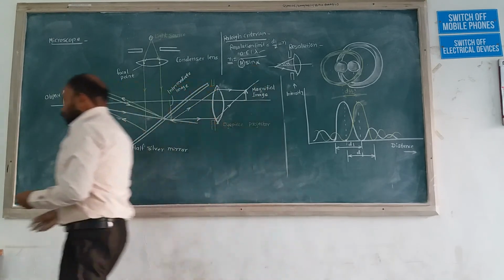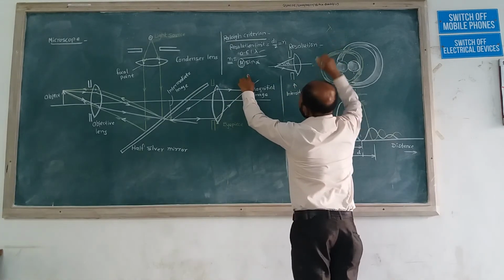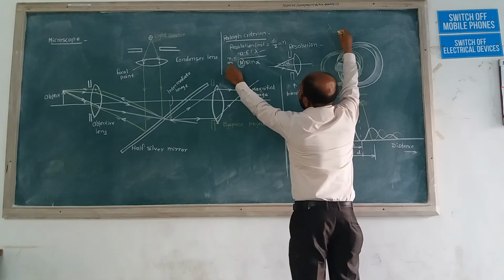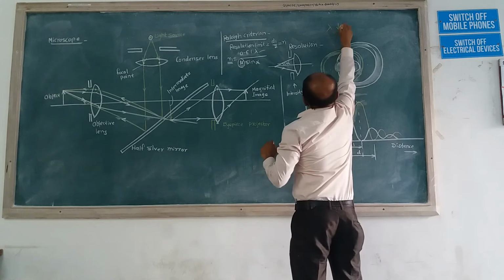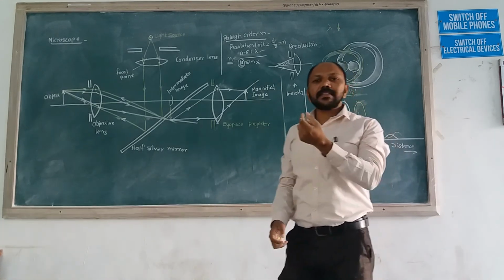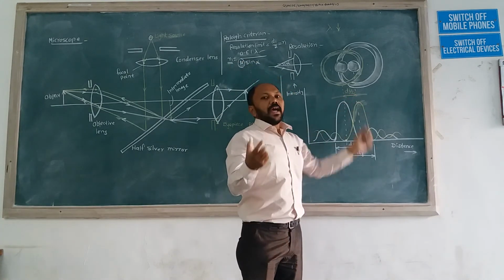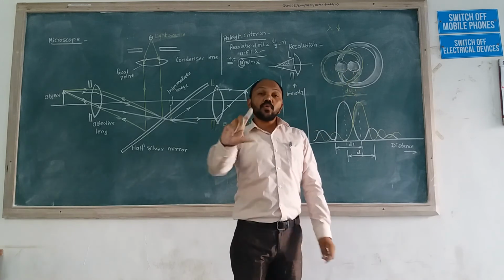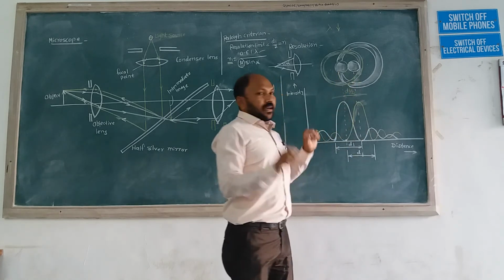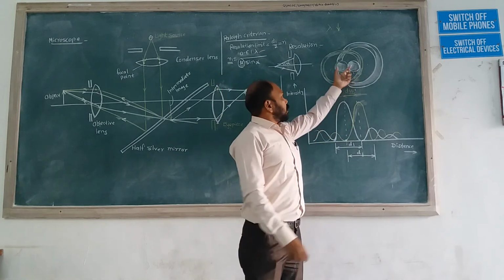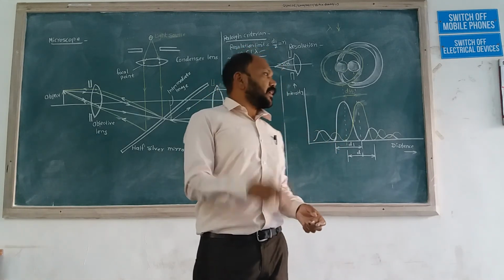The first option is related to the wavelength lambda. If we want to reduce this R1, then the lambda value should be less. So wavelength becomes less, then only this radius gets reduced, and as this radius gets reduced, the resolution of the picture is higher. Understand this: when these two points come near to each other, the resolution increases and the quality of the picture increases.